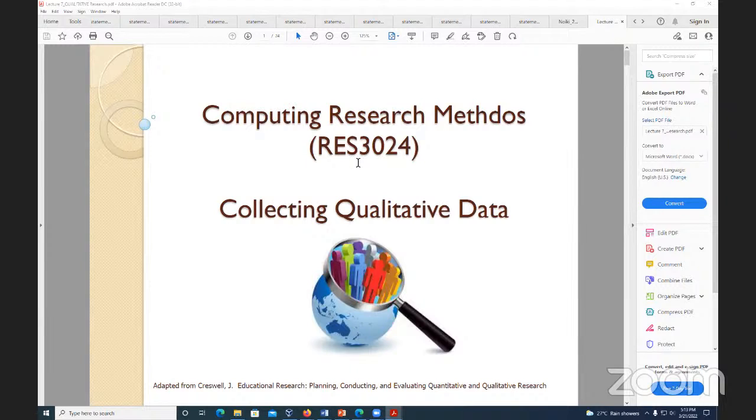Before we go into this, I'm going to recommend to everybody that if you are thinking of doing a major project that is qualitative only, be sure that your supervisor is an expert or very knowledgeable on qualitative, because there's such a bias against qualitative only projects in this school that you may be at a disadvantage, both in terms of the quality of your supervisor and in terms of how the panel judges you. But that doesn't mean that qualitative research is not important. It's very important, but I'm just giving you a tip based on my experience.